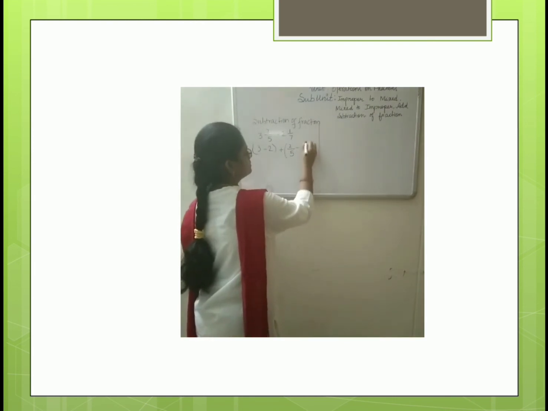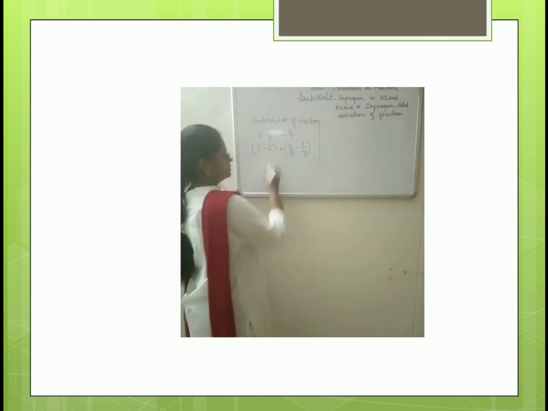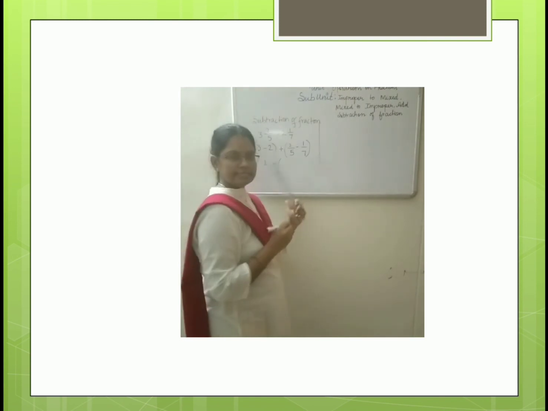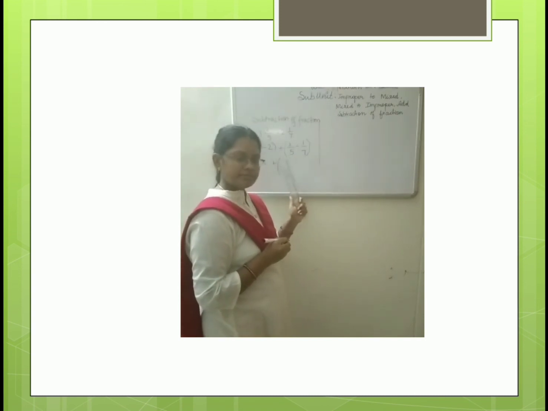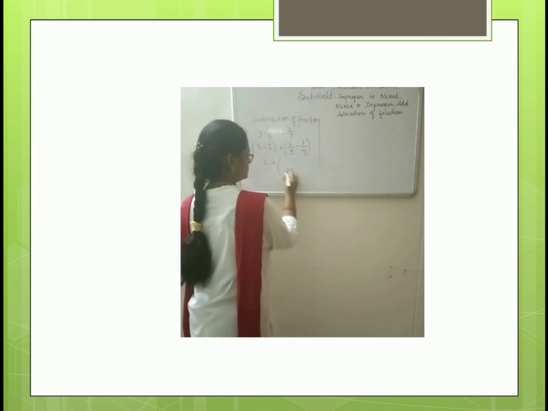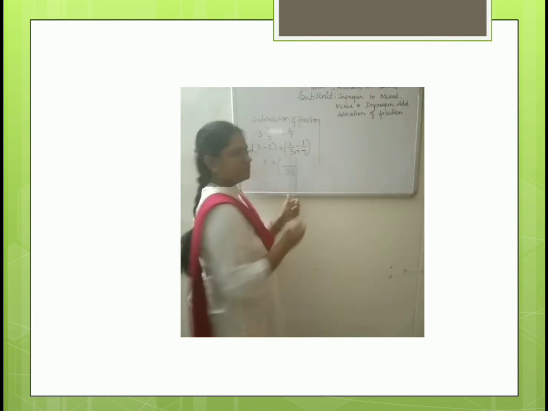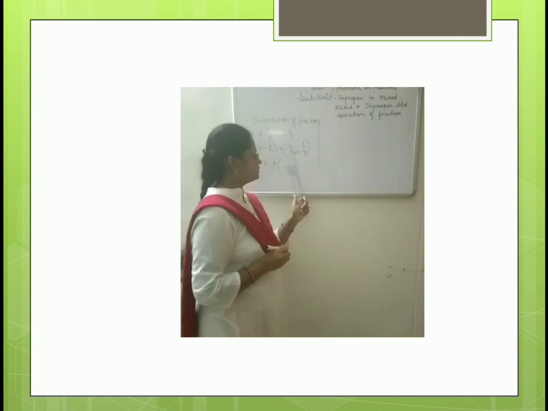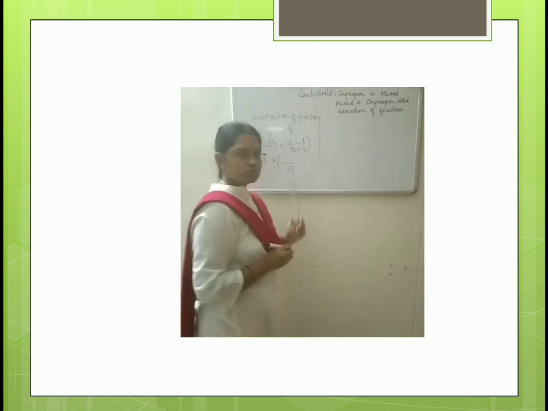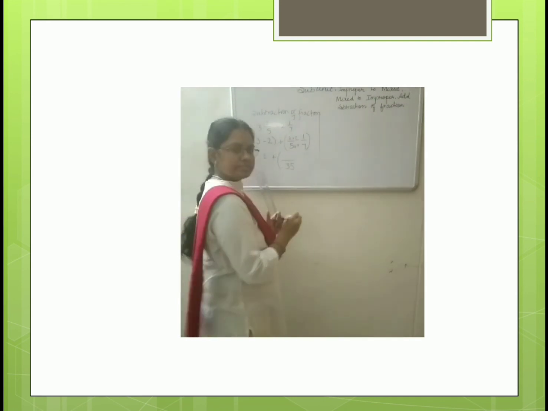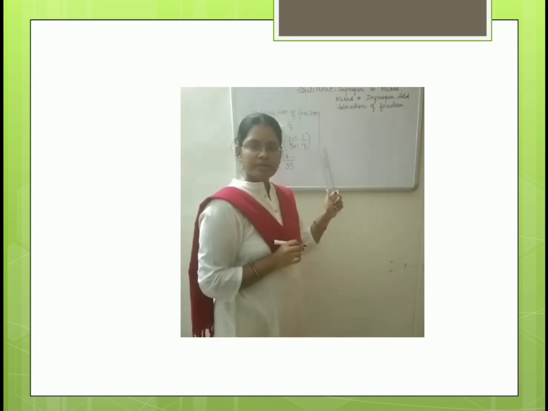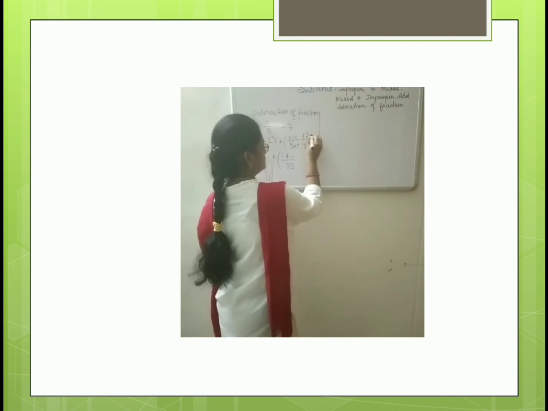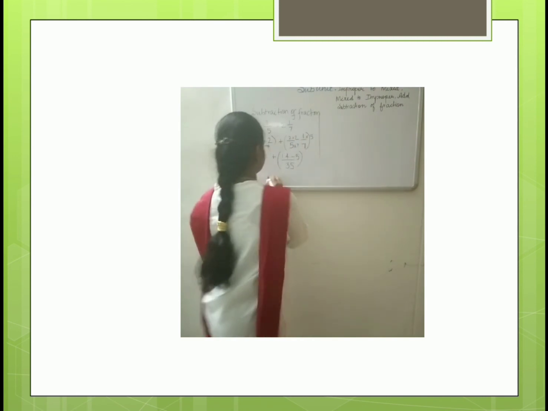Now you are going to take the LCM. What is the LCM here? These two are odd numbers, so directly we can multiply. 7 5s are 35. Here you need to multiply with 7 to get 35. 5 into 7, 35. So on the numerator also we will multiply with 7. 2 7s are 14. Minus, here you have 7. 7 into 5, 35. 14 minus 5. What is 14 minus 5? 9. 9 by 35.